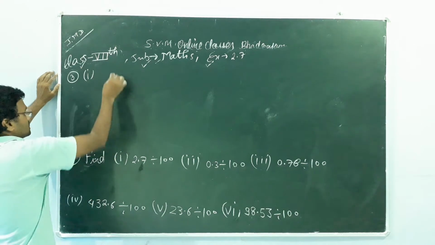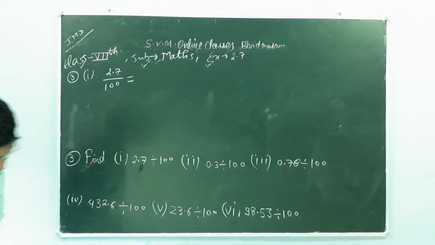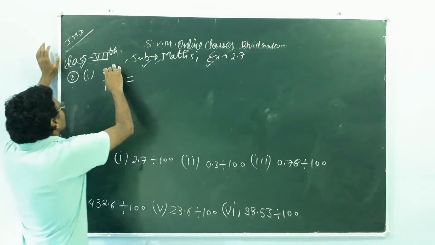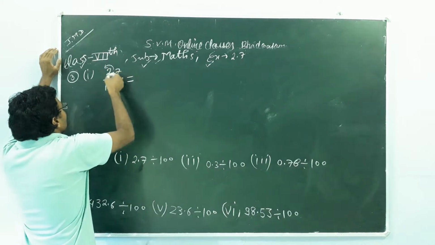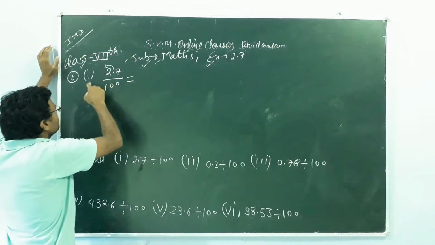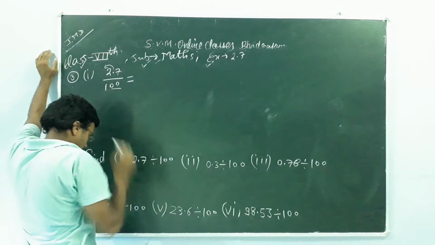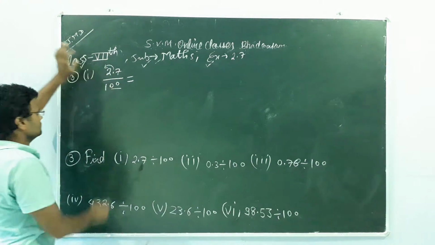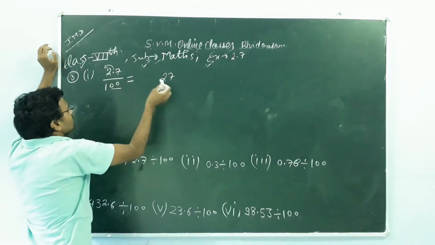2.7 divided by 100. So what we will get is, the point will move over here. Actually we are having 2 zeros, so these two zeros will take our point 2 digits before. So this is our 27 which is given, and only one digit is there.